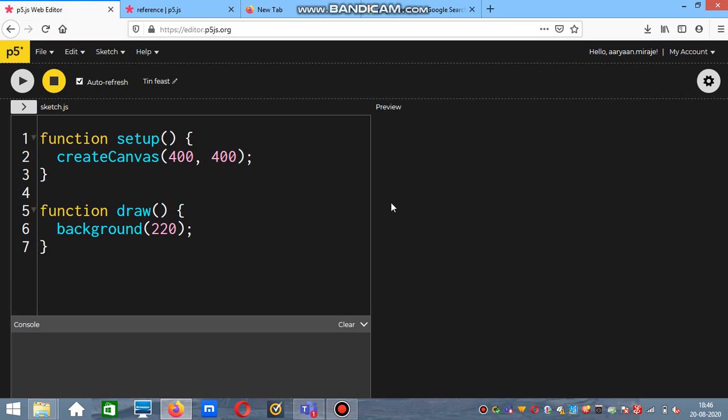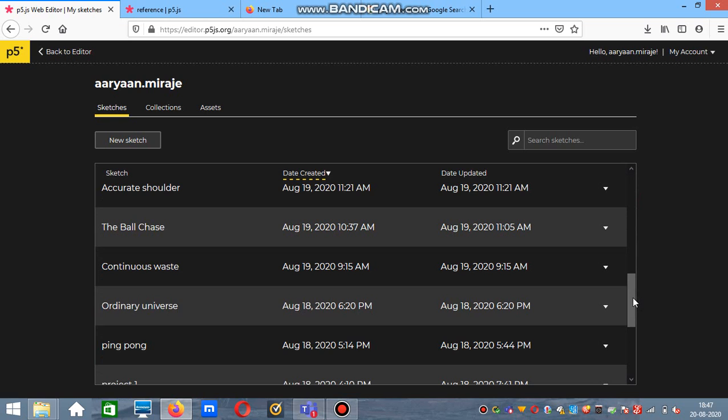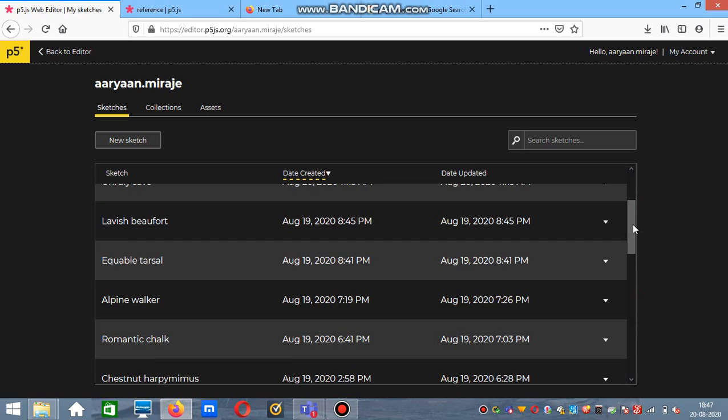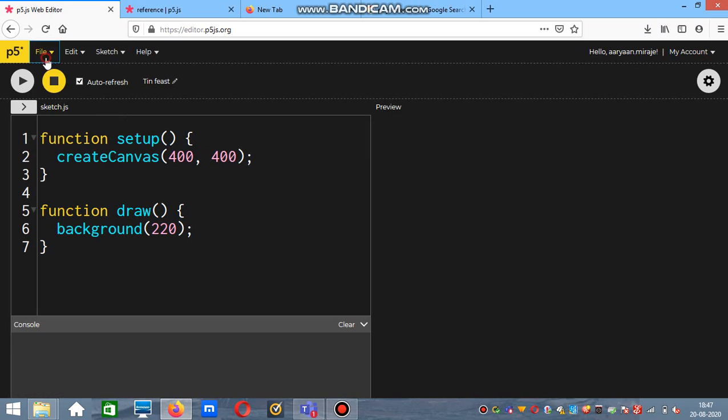When you have signed in, your name will come, and my account will come, and there are options like My Sketches. It will show you how many sketches I have made. Now you can see I have made a lot of sketches. If you want to log out, you can use the log out option. In the File menu you have Save.